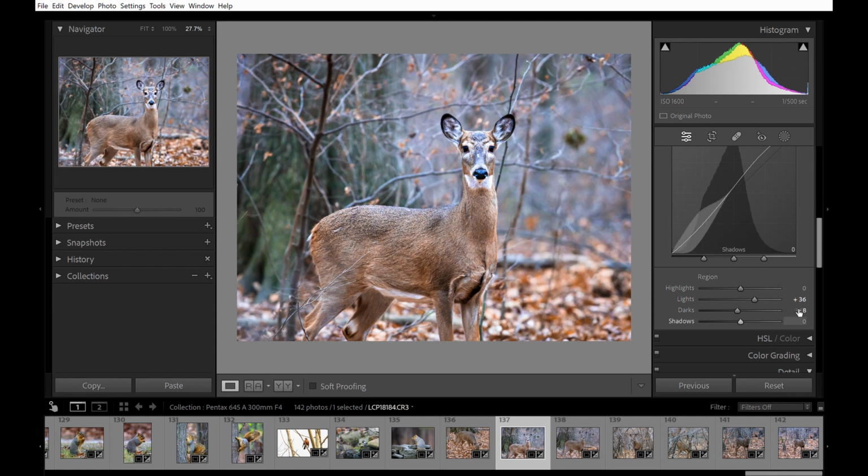Okay, so I did add a little more contrast in the white. I don't like the way it looked. Okay, boom, and then let's up the contrast and darks a little bit more. Yeah, I think I'ma just